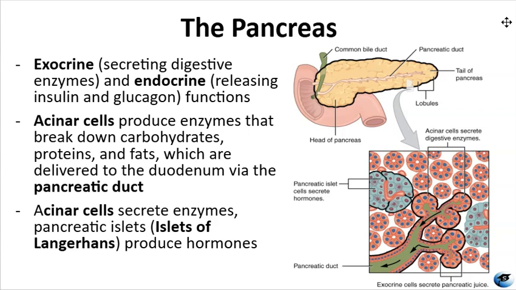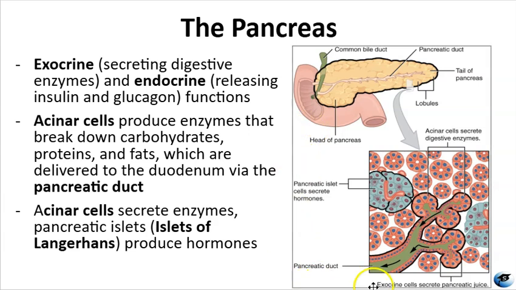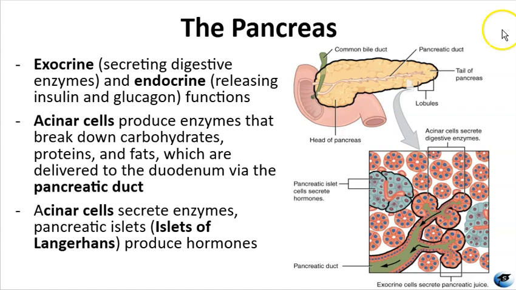Then on the endocrine side, clusters of specialized cells called the pancreatic islets, or the islets of Langerhans. We talked about these in Lab 1. These release hormones such as insulin and glucagon directly into the bloodstream, and they regulate blood sugar levels and are important in energy metabolism. So together, the exocrine and endocrine functions of the pancreas ensure efficient digestion and also glucose